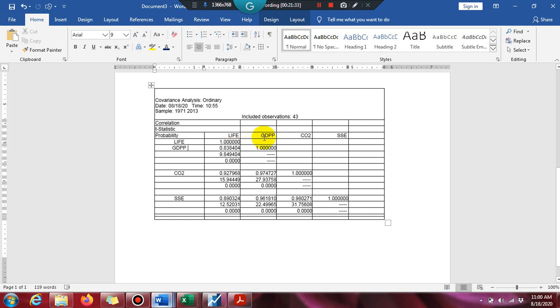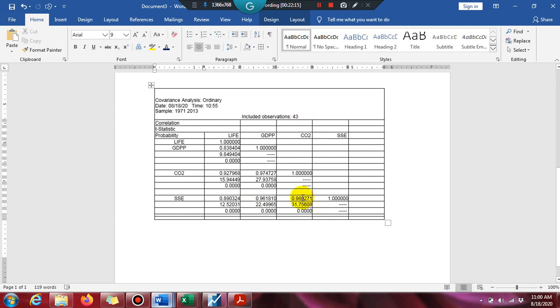Then move toward the second column. You have to write these things in the form of a paragraph. Here you see that environmental degradation or CO2 emission has a 0.9 correlation. This means there is a very high correlation between environmental degradation and GDP, and this is also the case for secondary school enrollment and GDP, and for environmental degradation and secondary school enrollment.